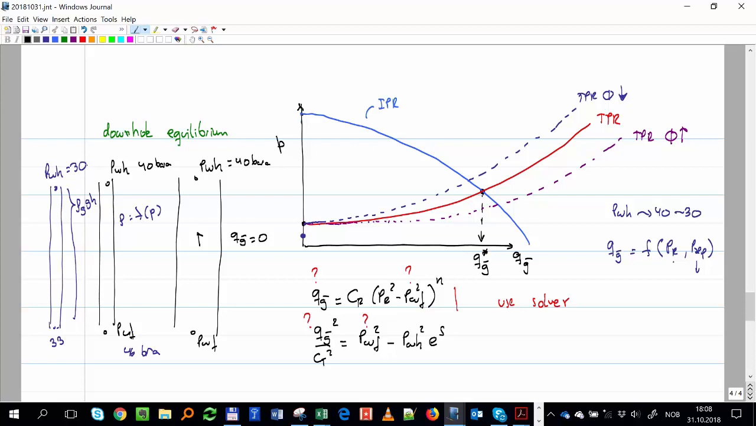If you have a big pressure, it takes a lot of energy to flow against that pressure. If you have a low pressure, then it can flow more easily. So the effect of lowering wellhead pressure is something like that. So as the TPR, if wellhead pressure is reduced,